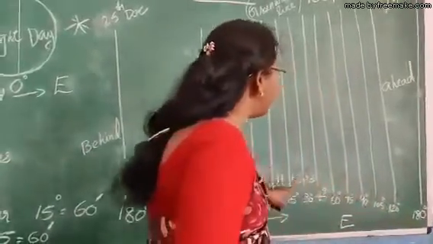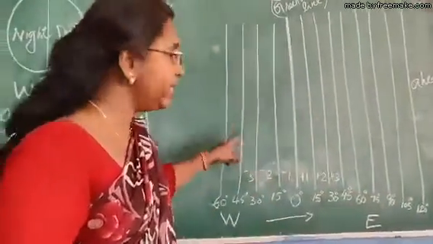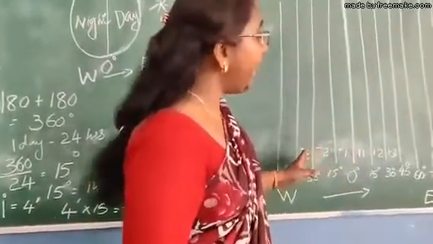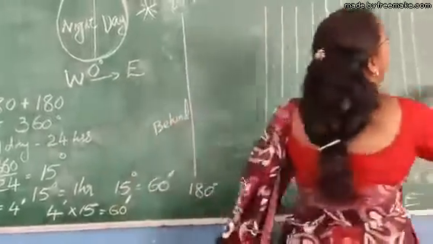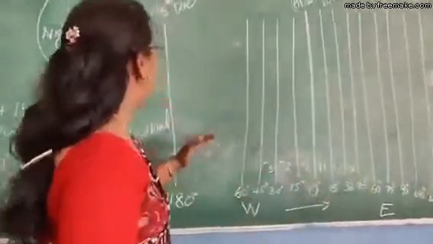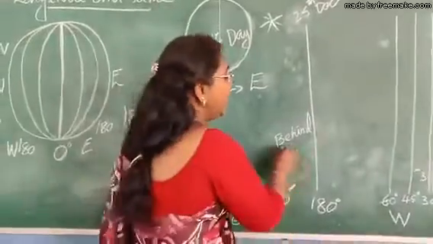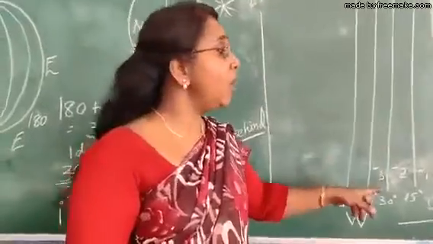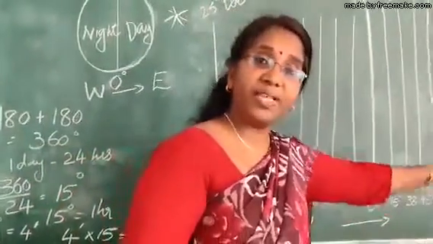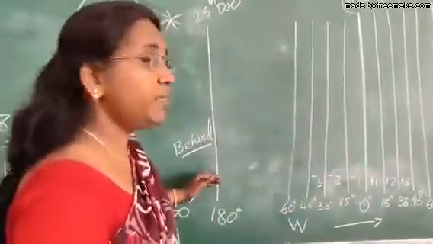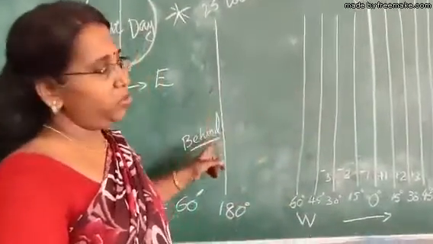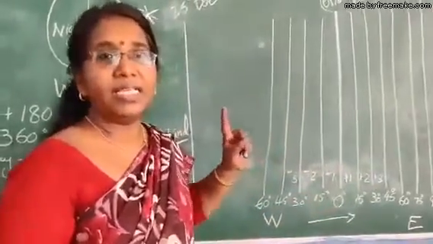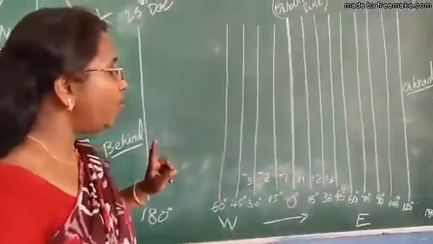As you travel westward, all these places will experience morning later. So that means always the time of the eastern hemisphere goes ahead and the time of the western hemisphere goes behind. You understood this fact. Why does the time of the eastern hemisphere go ahead? Because always places in the eastern hemisphere face the sun first, places in the western hemisphere face the sun later. So as the earth rotates, each place will experience the sun from eastwards to westwards.